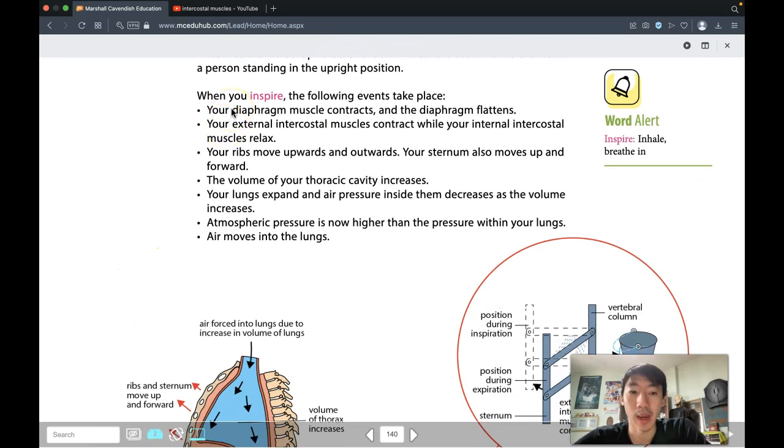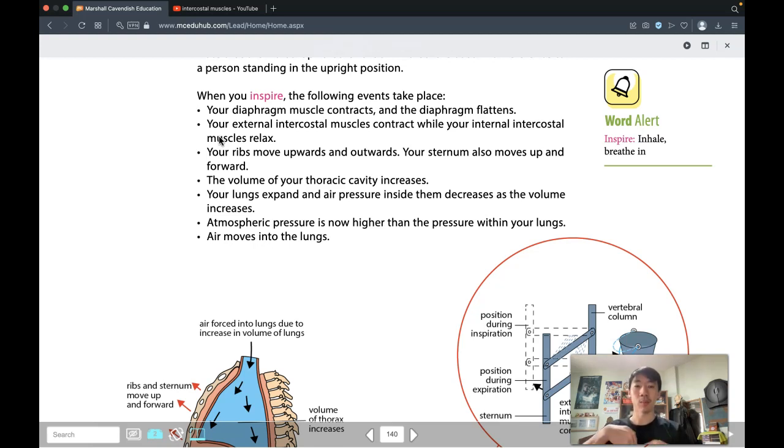So when you inspire, you breathe in, right? So you can try this also as I'm reading it. Try and feel it in your body. So when you breathe in, you will feel that your diaphragm muscles will contract and the diaphragm will flatten. The external intercostal muscles will contract whilst your internal intercostal muscles will relax. So this will cause your ribs to move upwards and out. Upwards and outwards. This also moves your sternum, which is the middle area of your rib cage, to move up